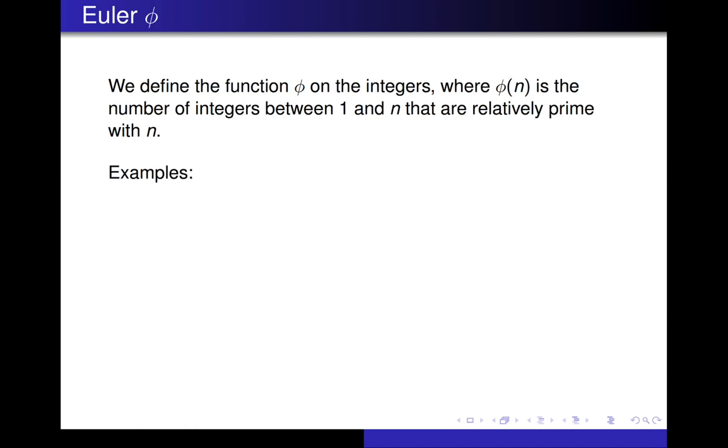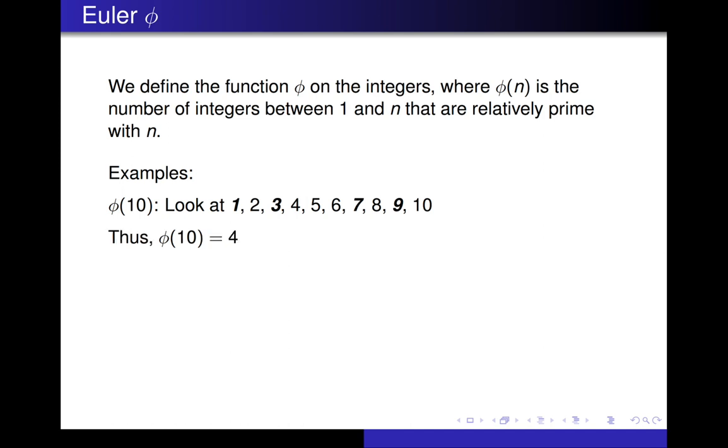All right, so here's some examples. If we wanted to find, say, phi of 10, we're going to find some really slick ways of figuring this out. But right now, let's just stick with a very straightforward way. We look at all the numbers between 1 and 10, pick out all the ones that are relatively prime with 10, and then just count them. Those are 1, 3, 7, and 9. So there are 4 of them that are relatively prime with 10,